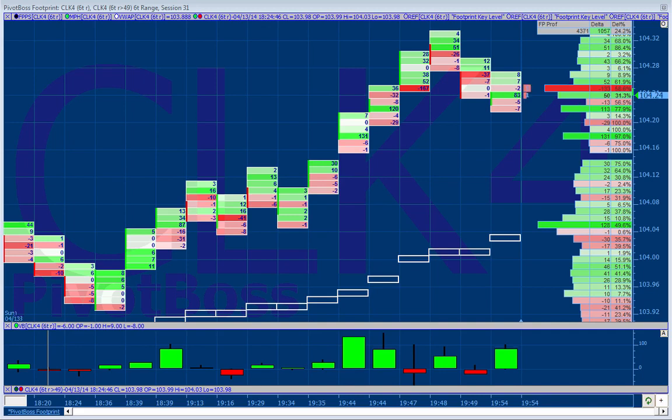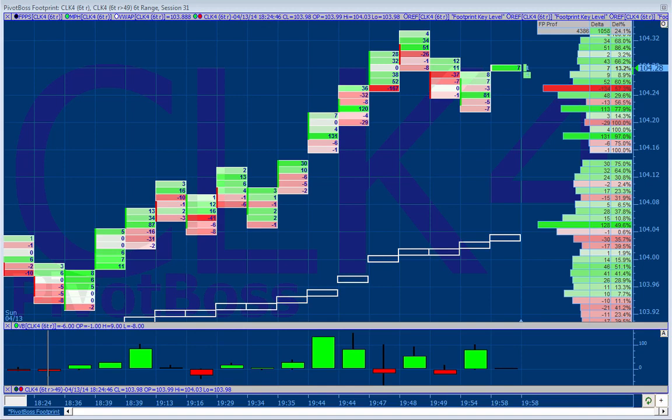So now that we have an understanding of the key elements of the footprint chart, what we're going to do now is tie together what's happening in a candlestick chart with what's happening in a footprint chart. We're going to look at what it looks like when price is being absorbed at current levels. If that absorption fails, you see big time movement against that position. So we're going to look at the playbook of how it looks in this crude oil chart.